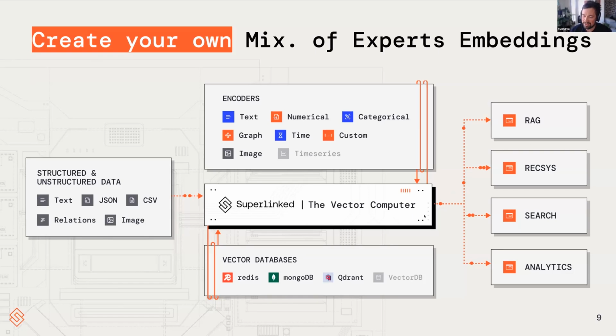And then on the right side, you basically put up API endpoints on top of which you can build retrieval for RAG and recommendation systems and search, and people do all kinds of analytical tasks as well. Because think about it, now you have vectors that compile everything you know about the whole entity, right? Everything you know about the user, you have an embedding for it, all compiled into one embedding. Same for products or pieces of the knowledge base and so on.